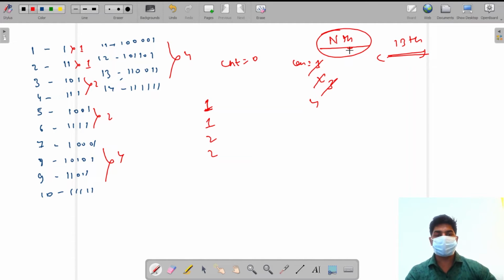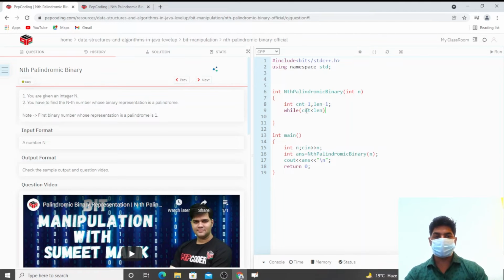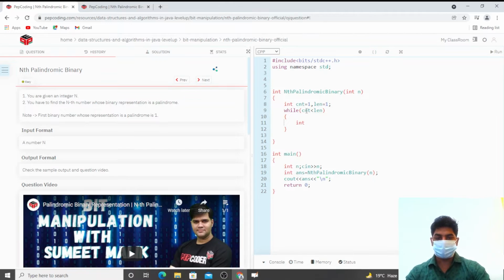Let's do whatever I have told right now. Let's try to code this part for now, and I will later explain what I'm trying to do. What we'll do is make a variable counter equals 0 and length equals 0, or let's make counter equals 1 and length equals 1. While counter is less than length, we will take an integer number of strings